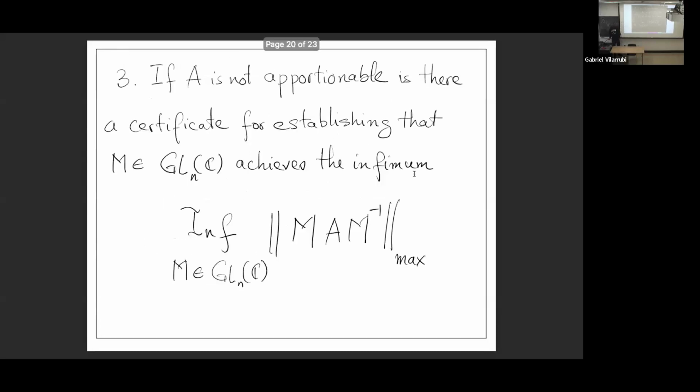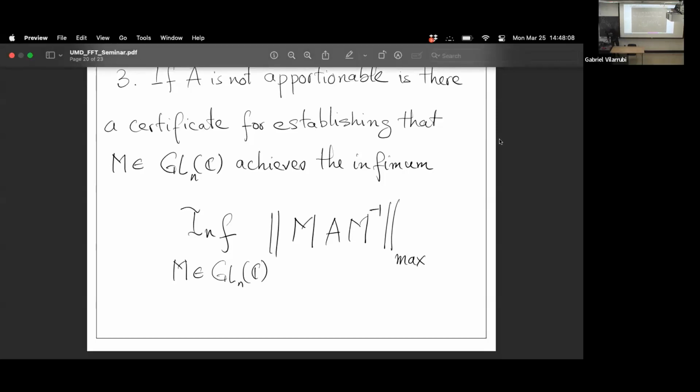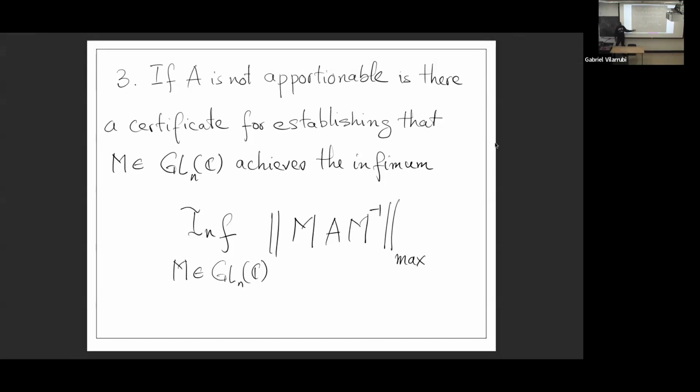And finally, the third problem is a certificate. When your matrix is not apportionable, what is the least value you can get? In other words, if you smear up to a point where smearing any more down is not possible, how do you certify it? How do I convince you that this n that I found is the best you can achieve? I do not know a polynomial time certificate for those. Okay, so these are the open questions that relate to apportioning that I think are manageable to solve, but not